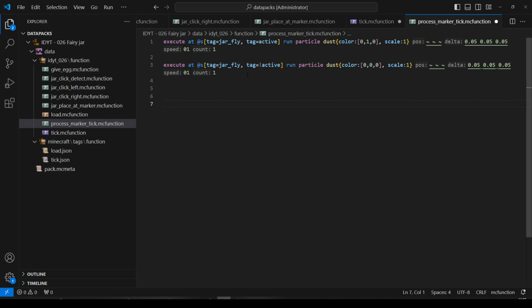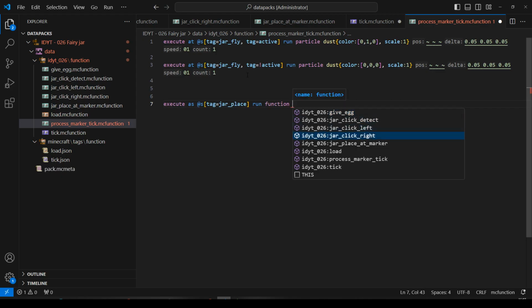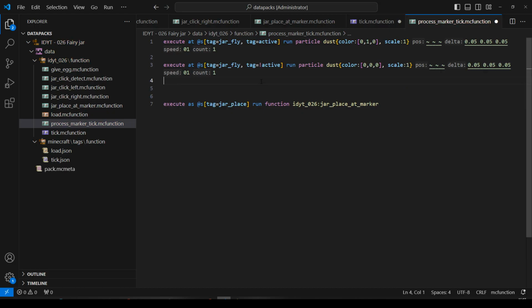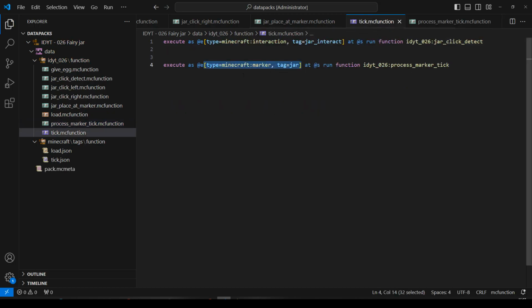Now we're going to do our creating the jar. So we'll execute as S, whose tag equals jar place, run function, jar place at marker. Okay, save that. So we're in our tick, we've put down the jar, we now have a marker on the ground